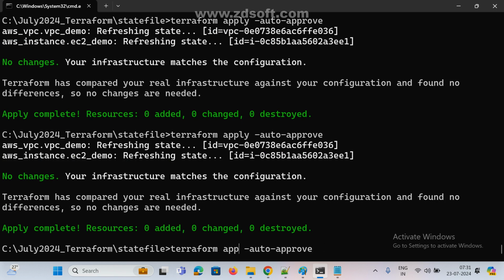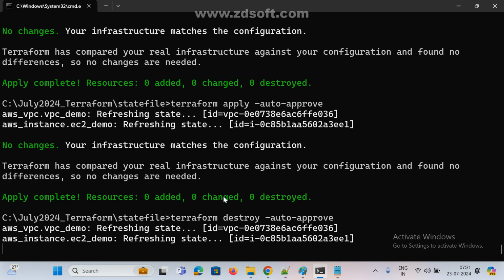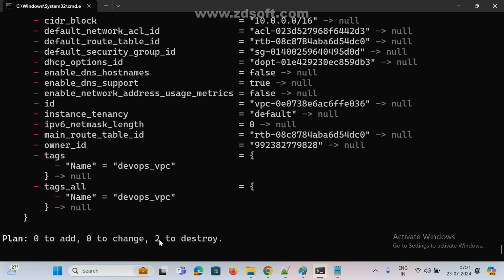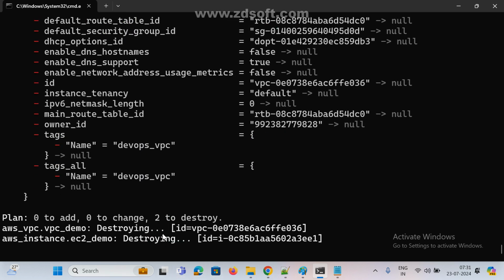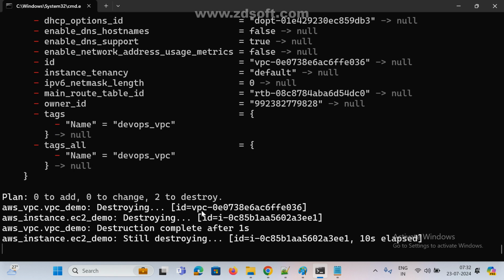I hope you got it right. Yes, sir. Now I am using one more command, terraform destroy. Now see here, to destroy. How many is it deleting? If I didn't modify anything, whatever matched, 2 VPCs and 2 EC2 instances, everything it is destroying.